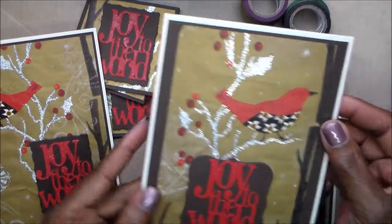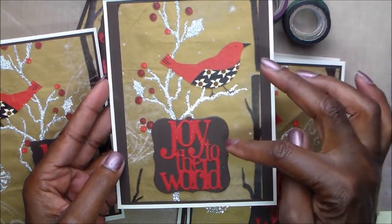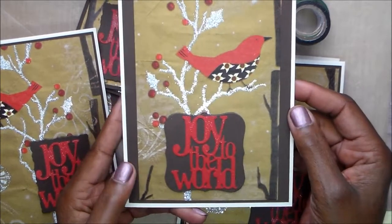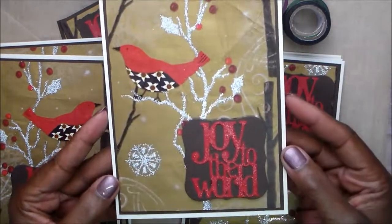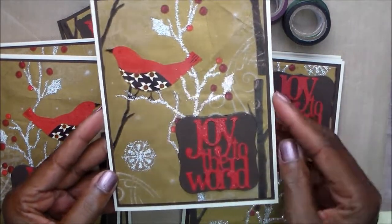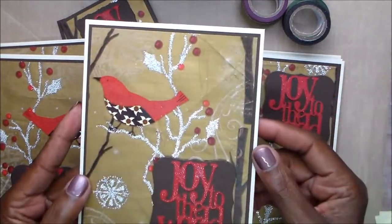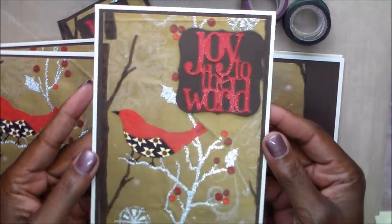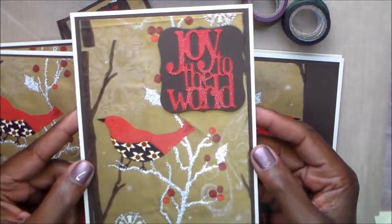That is the second. And you'll notice that I've put the sentiments in different places depending on where the bird fell and which way it was turned. And then on this one, the bird is going in the opposite direction. Inside matte. Like I say, you can see the wrinkles, but I just really love these. I just think they are so cute. And then here, since the bird was at the lower side of the paper,